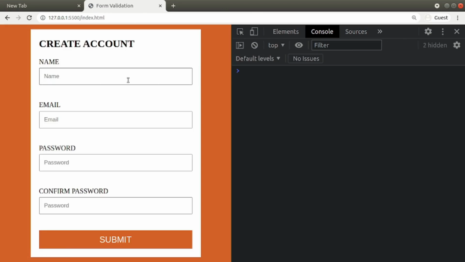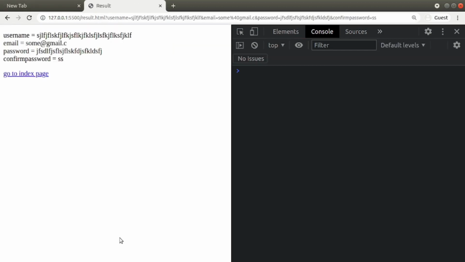There is one problem, I'll show you. If we give invalid inputs, what will happen? Here something, at gmail.c, and here some invalid input. Try to submit. It will submit. See, username is this one, and email.c, and these two do not match. Because, let's go to the index page,